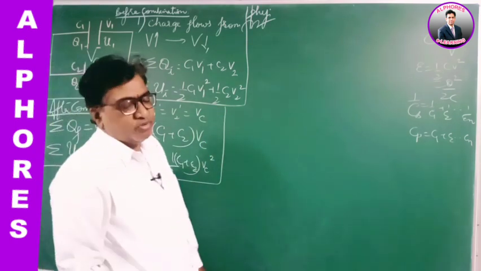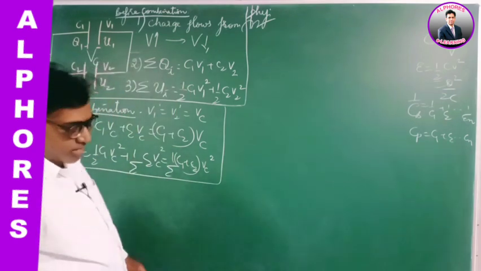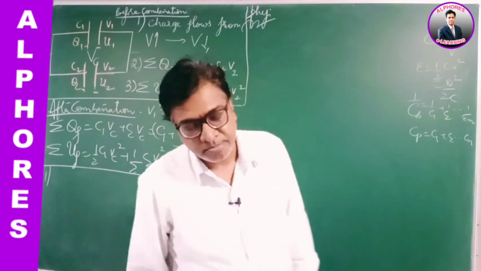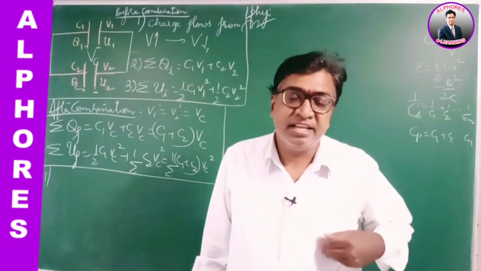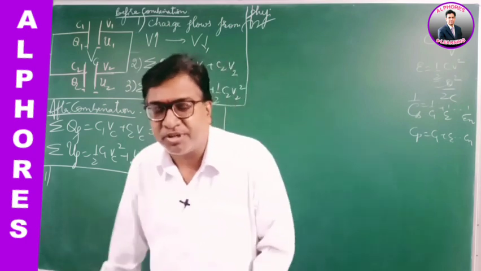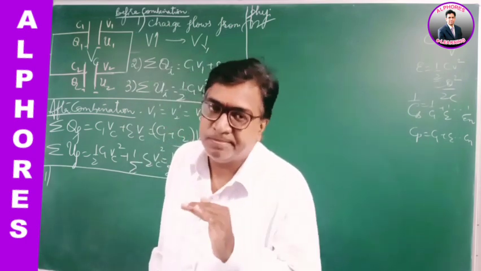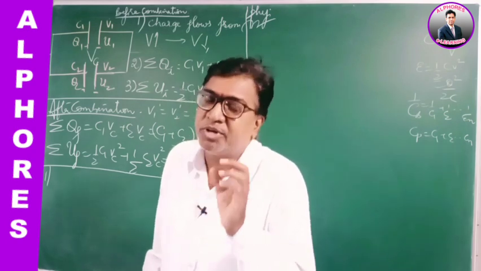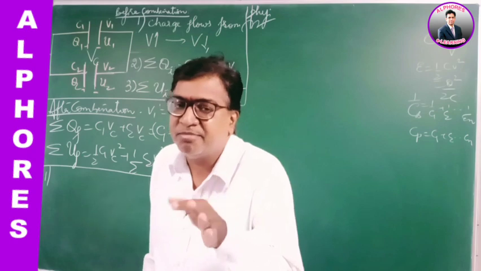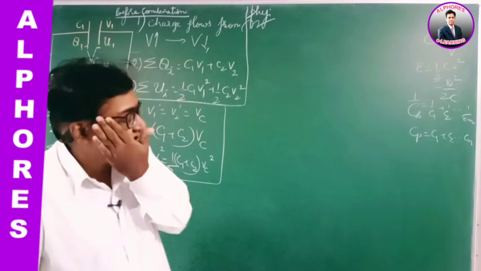Now speaking about the theoretical terms, how will questions be asked based on this? If V1 and V2 are the potentials, then you may be asked about the common potential. Common potential always lies between V1 and V2. It is the average actually, average with respect to capacitance. It doesn't mean V1 plus V2 by 2. It lies between the high potential and the low potential.